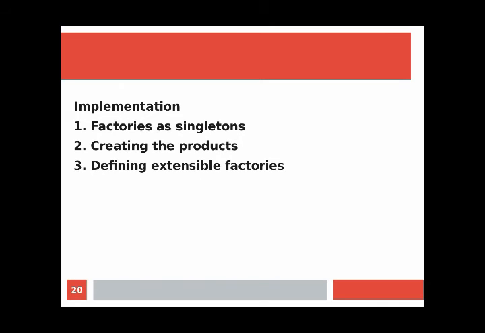While this implementation is simple, it requires a new concrete factory subclass for each product family, even if the product families differ only slightly. And the third is defining extensible factories. Abstract factory usually defines a different operation for each kind of product it can produce. The kinds of products are encoded in the operation signatures. Adding a new kind of product requires changing the abstract factory interface and all the classes that depend on it.